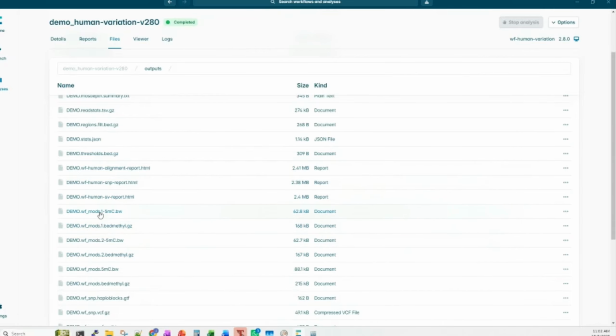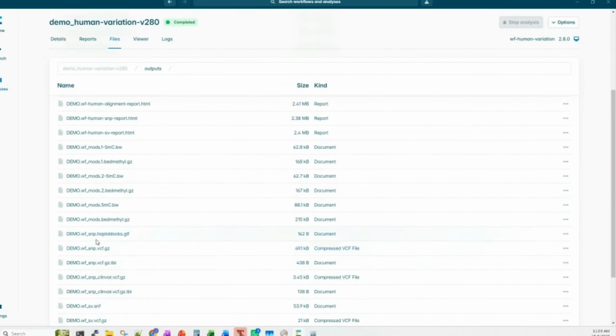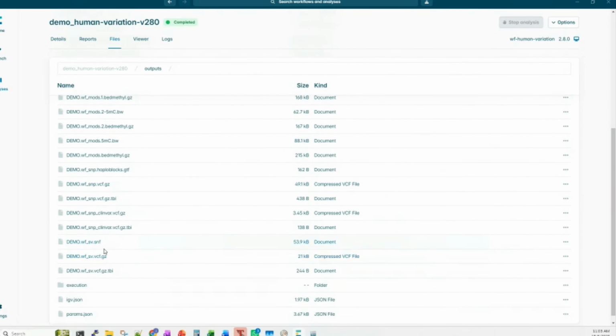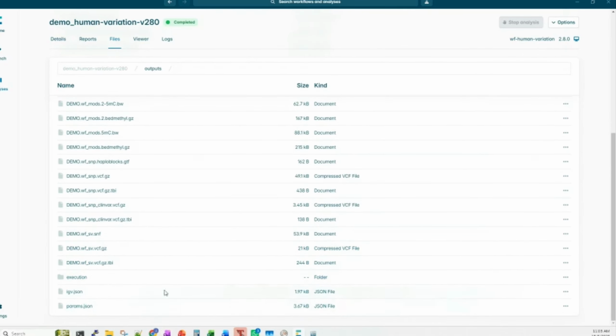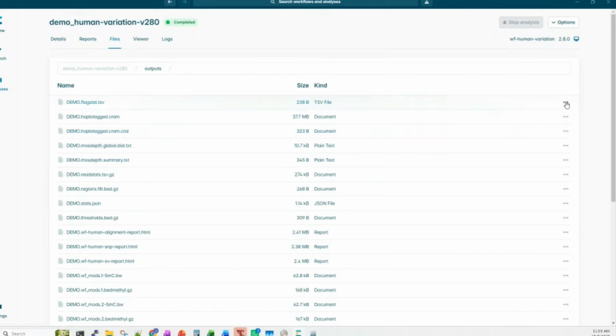And then for the modified base analysis, the report is not available, but the output file is over here, so we can see the modified base bigWig file and also the methylation BED file. So the files are over here. And then we also have the SNPs file in the VCF, the structural variants files in VCF, and also some additional files. So here we can get the output file from this page, but normally I will just open up